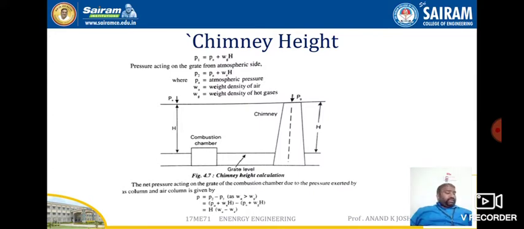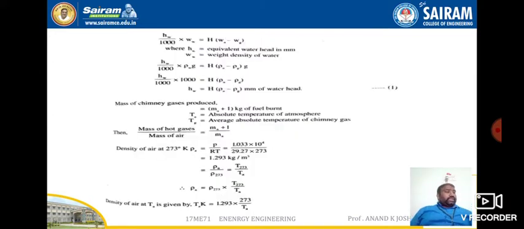This is about the height of the chimney that we are going to calculate. If you know the pressure, you can calculate the height, or if you know the height, you can calculate the pressure. Next, we will discuss the chimney height and the corresponding diameter. Let us assume that the volume of the products of combustion is equal to the volume of the air supplied, both reduced to the same pressure and temperature conditions. In that case, we can write the pressure difference in terms of water head as HW